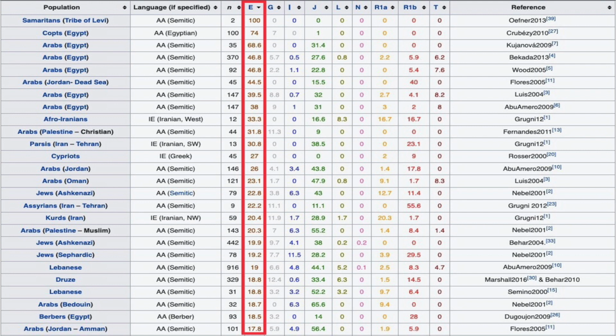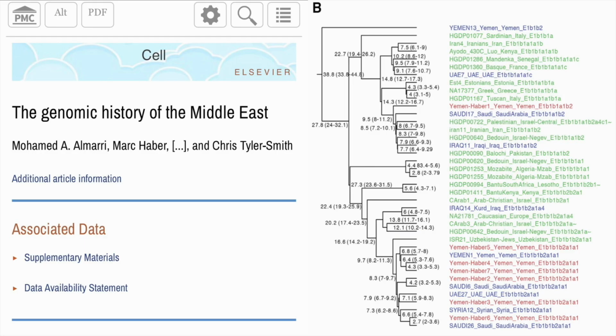As a matter of fact, according to the paper titled The Genomic History of the Middle East, you can find many United Arab Emirates, Yemeni, Saudi Arabian, Iraqi, Iranian, Bedouin, Syrian, Jewish, and many other Middle Eastern populations that